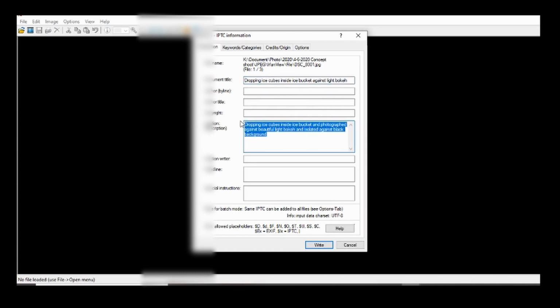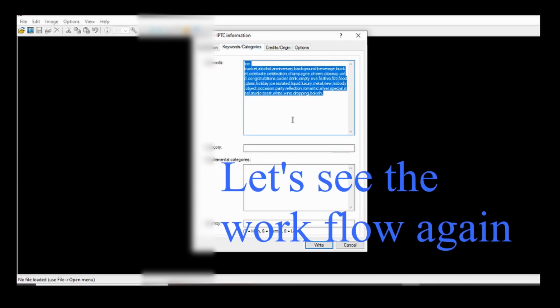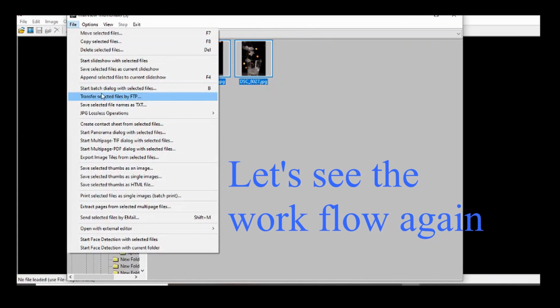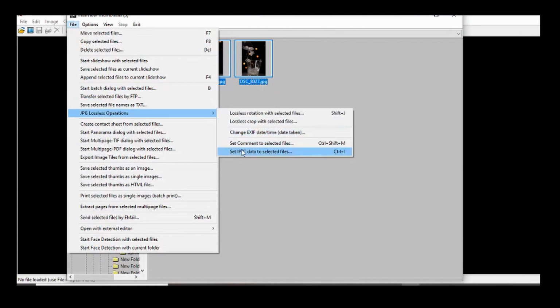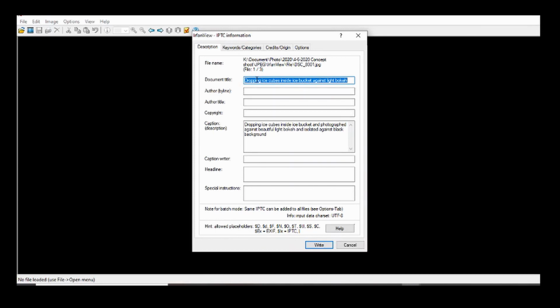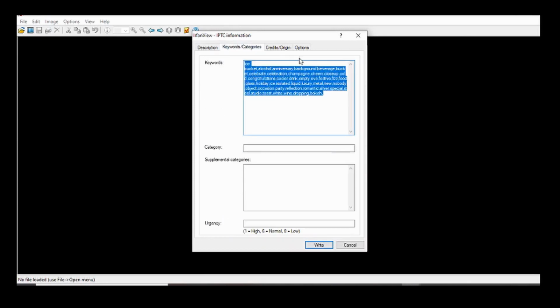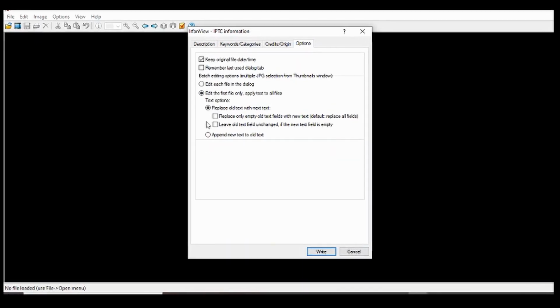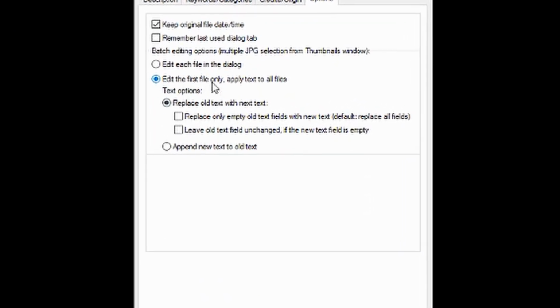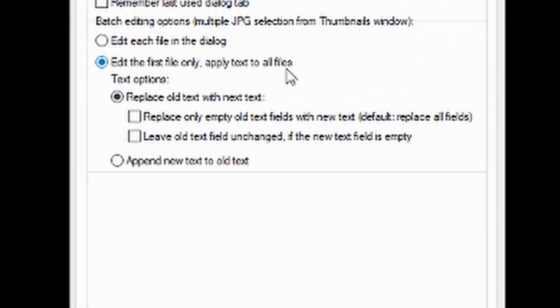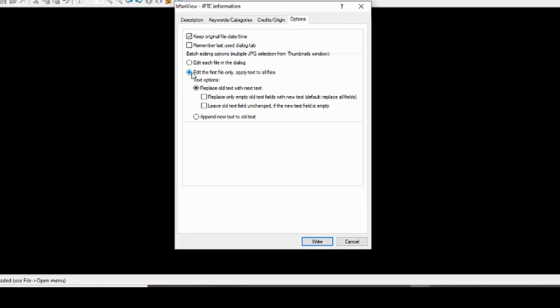You can type and provide details as per your wish. So we have a title, description and keywords. Now we'll have to make sure that the same details are applied to other files as well. To do that, we'll go to the Option tab and make sure to check the option Edit the first file only and apply text to all the files.